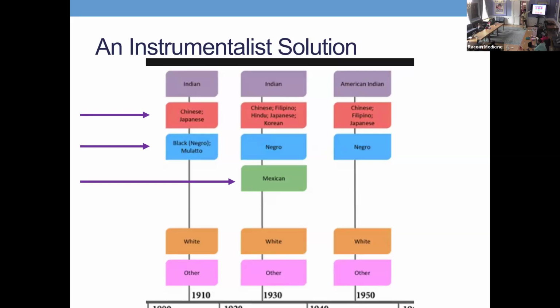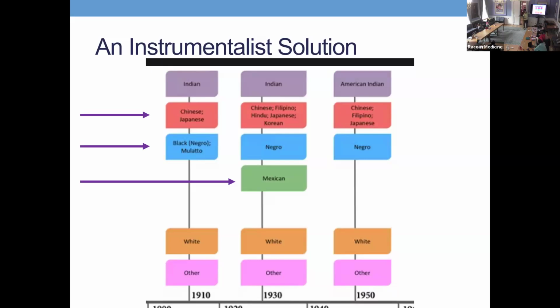Are these examples, or are they meant to be the names of the category? These are the names of the categories. Okay. Yeah. I'm using the term Asian because the color coding is supposed to, in some senses, fit what the census has tried to fit into what was currently happening in, say, 2010. And so Indian presumably does not mean Indian subcontinent Indian, but what we now think is Native American. Is that right? Correct. Yeah. Okay. That's cool.